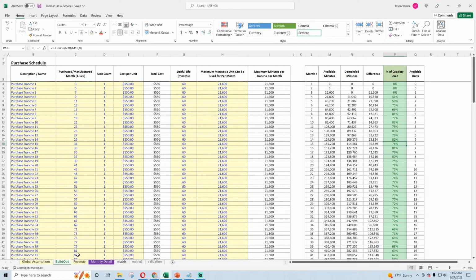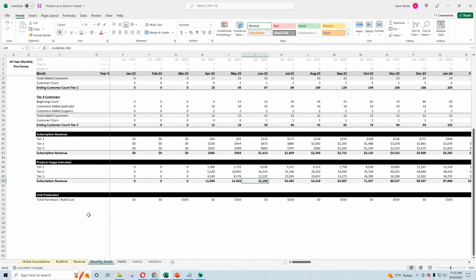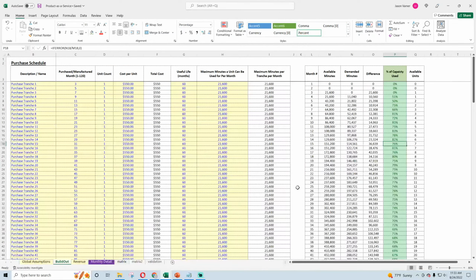The next step we'll do is just building out the monthly detail down to cash flow. We'll do an annual detail. I'll add formal financial statements: income statement, balance sheet, cash flow. And remember, what a product as a service model is doing is transferring your products from inventory to fixed assets.